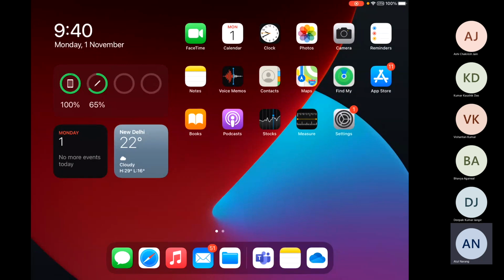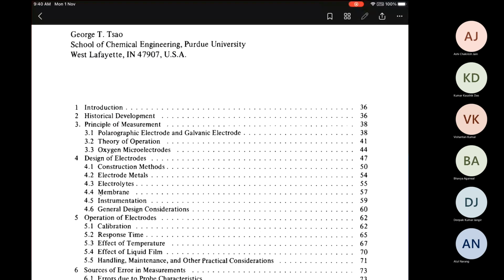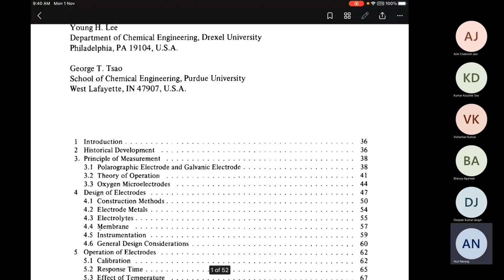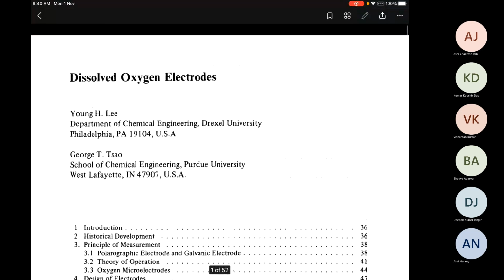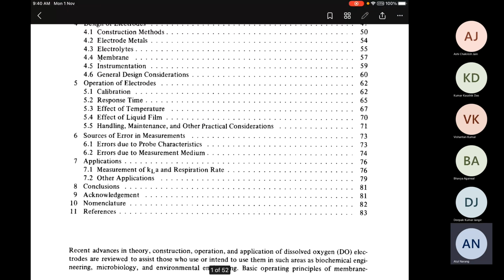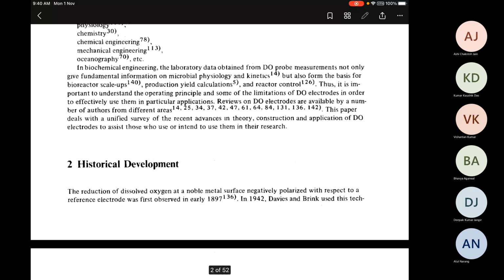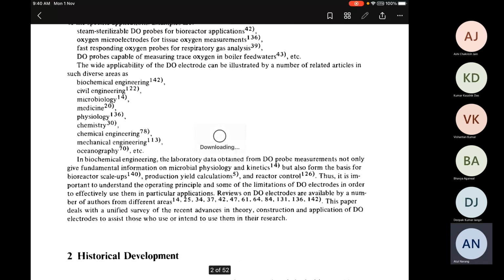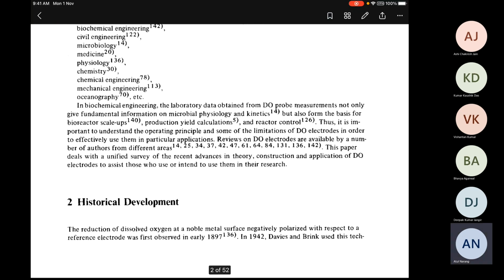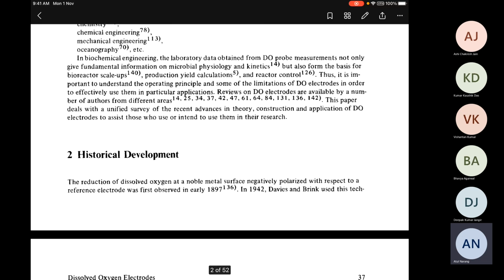This is, I guess, from Lee and Sao. This is from, I think, sometime in the... I can't remember the year now. Actually, it should be there in the reference. It's sometime from the 80s. This reference. So